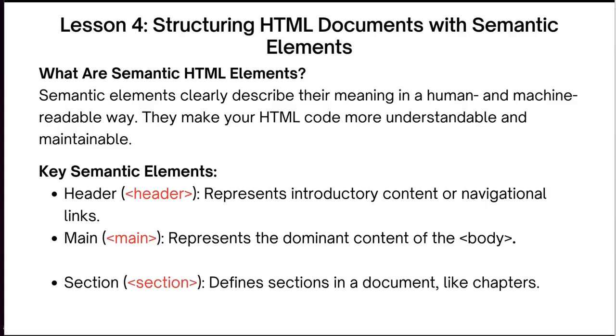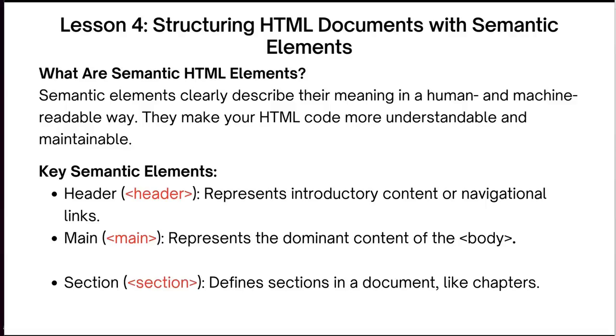So what are these semantics? These semantics are clearly described. So semantic elements are elements that describe themselves. They describe the meaning of themselves. What do I mean? I mean that these elements make the HTML code more understandable and maintainable. They also make it more human and machine readable